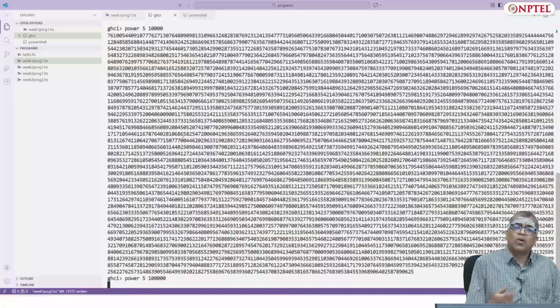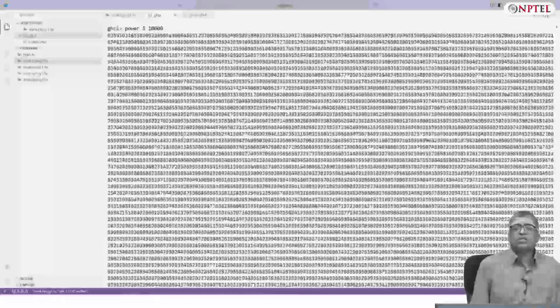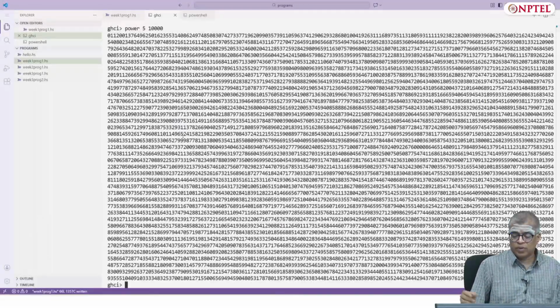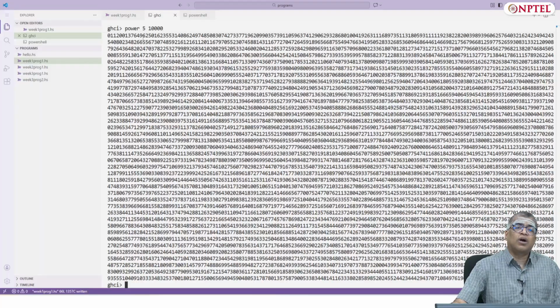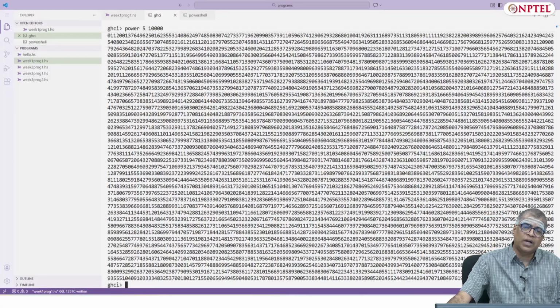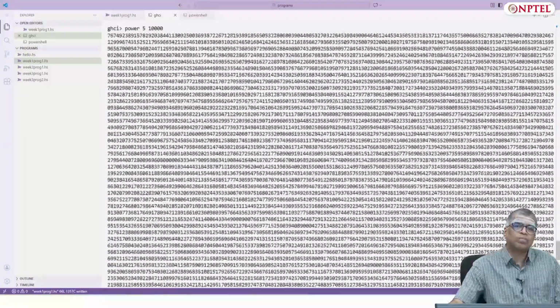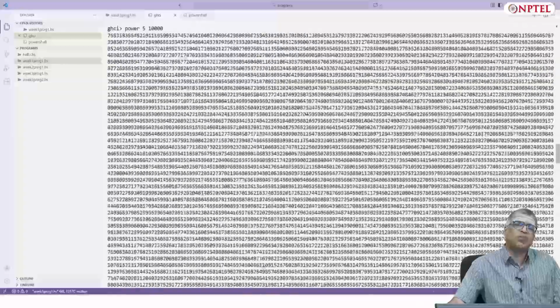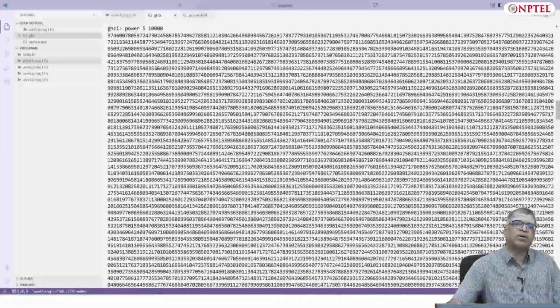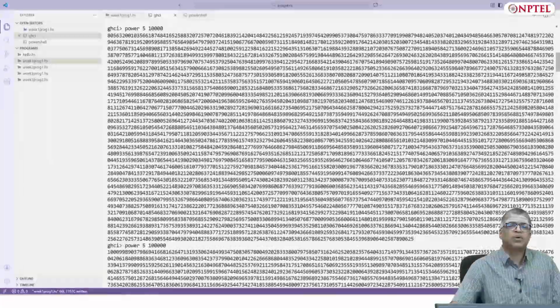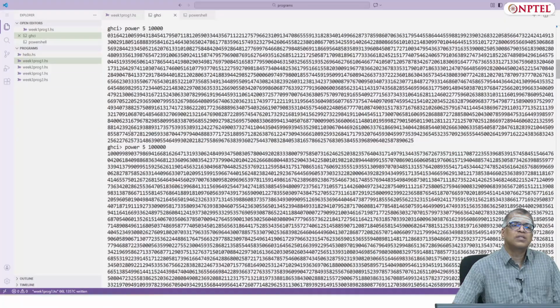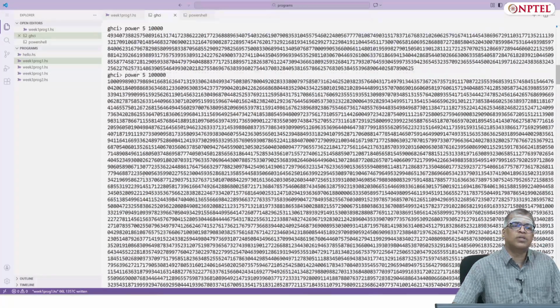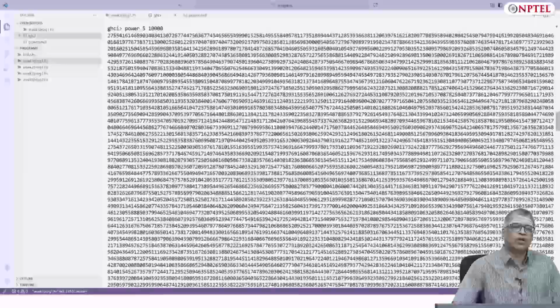It takes a while. Why does it take a while? Because you have to multiply 5 with itself. Of course there are two components to this. One is the amount of time taken to print this large value, but there was a significant delay before it started printing. Wow, this is such a large number. Starting from here all the way down, it's printed power 5 500,000.